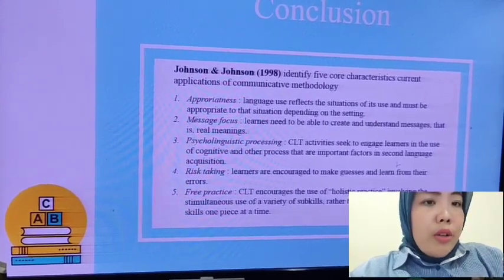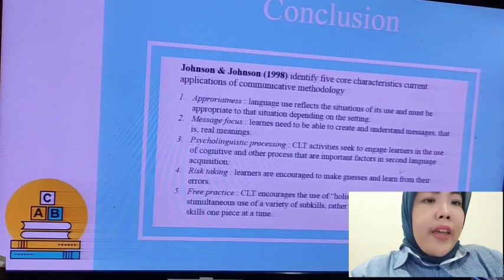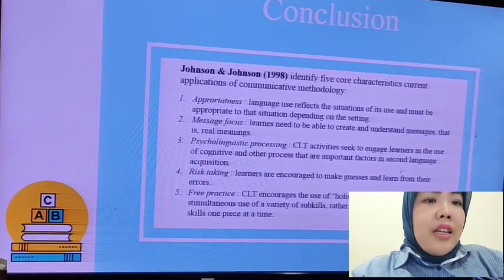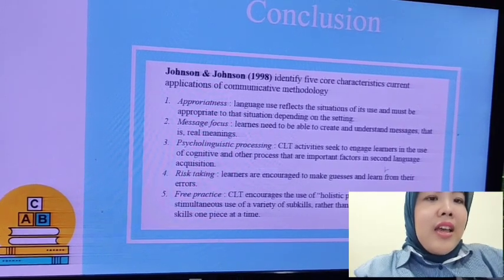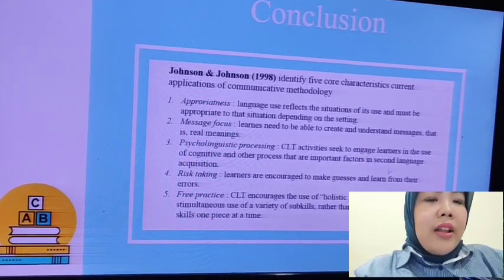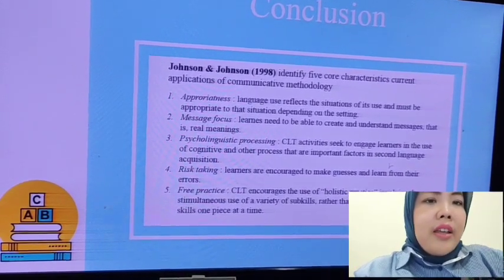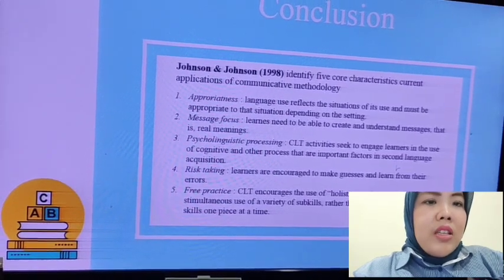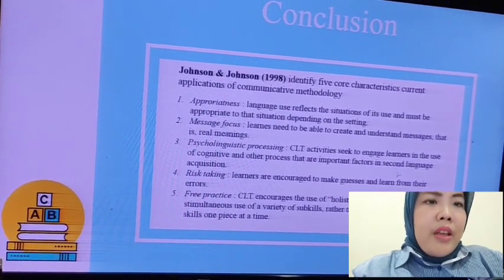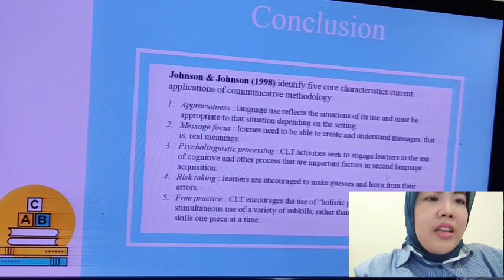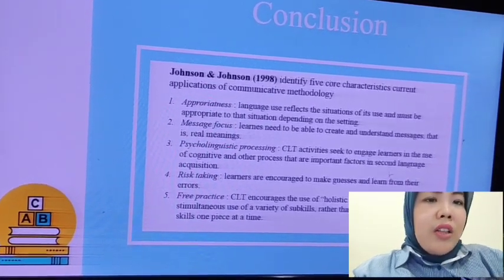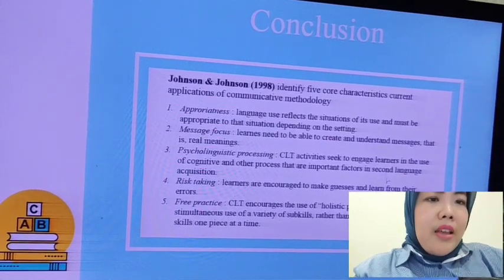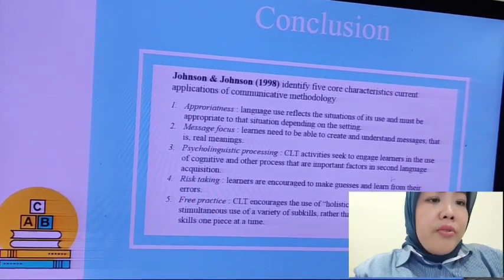Number 2, message focus. It means learners need to be able to create and understand messages that have real meanings. And the next, number 3, psycholinguistic processing. CLT activities seek to engage learners in the use of cognitive and other processes that are important factors in